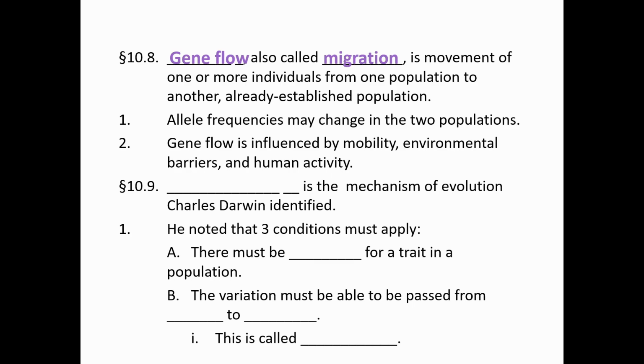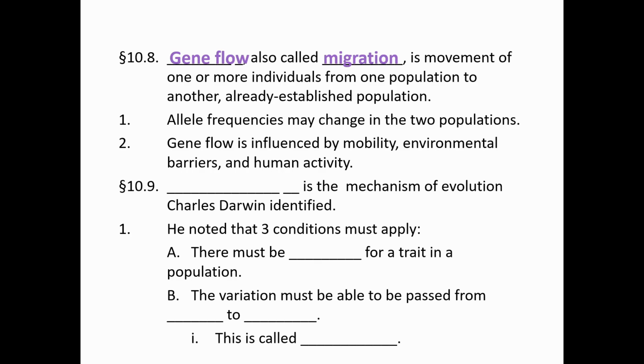Obviously, with people and globalization, we've already kind of done this. We've kind of created a really wide network in how far people will go and travel. But when we look at organisms like animals and plants that may not travel as far, this can have a pretty significant impact. So this can change the allele frequencies in populations, and gene flow really is influenced by things like mobility. Are you able to move around? Can you travel? So like with humans, we can travel pretty much anywhere. We have planes, we have cars, we have buses, right? We have a lot of ways to move around.